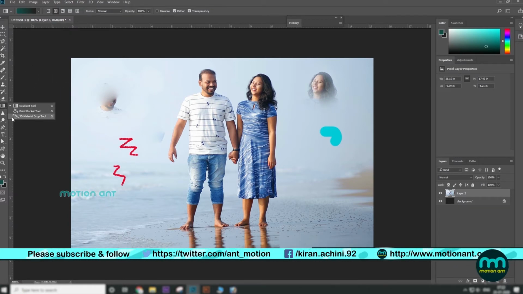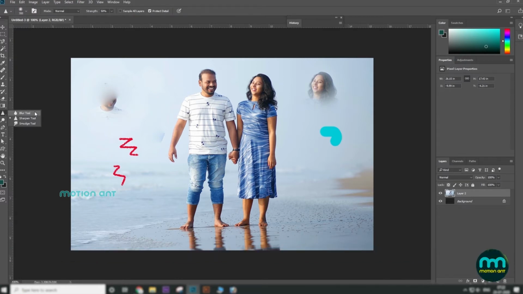Below the gradient tool, you have two other advanced brush tools to apply corrections on your picture. You can use the blur tool to increase the blurriness levels by clicking and dragging. If you hold Alt down and brush, you will apply corrections in the opposite way, sharpening the picture. Remember to use the options bar to fix brush size and strength. Use the smudge tool to drag and move the pixels of the picture.